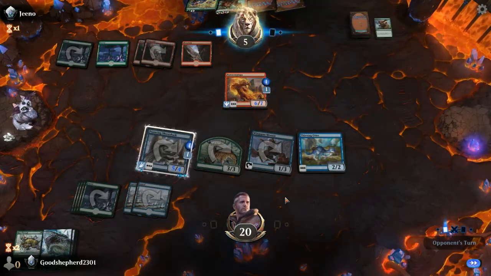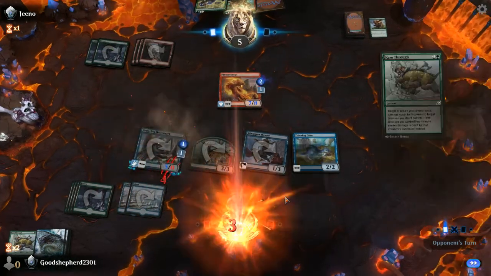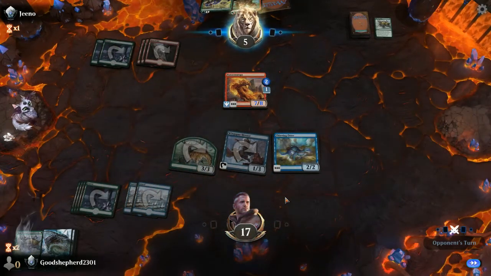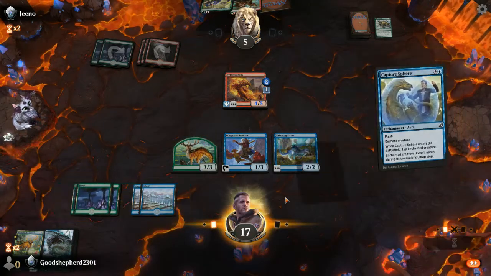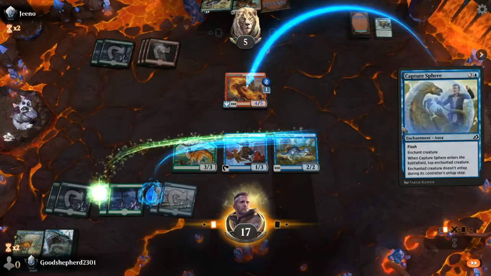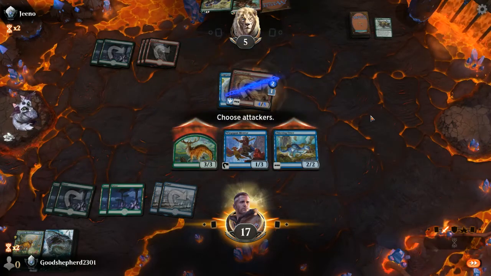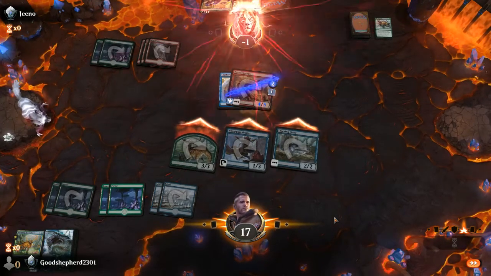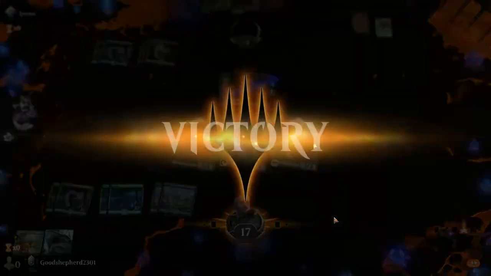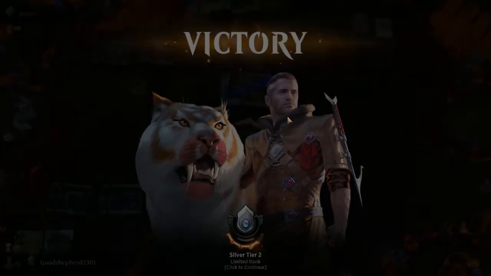Fully grown, buffing the board. Does he have a Ram True? Has a Ram True, takes some damage. Can't swing, which is perfect because we just drew the Capture Spirit. And there, that's game. Whew. Yeah, I figured our opponent had a Ram True also, but...